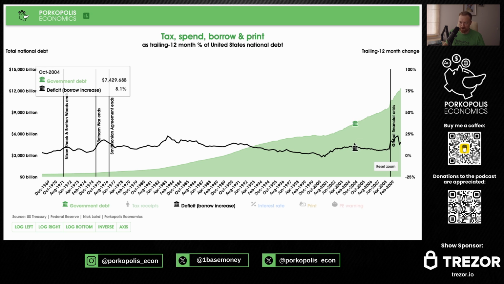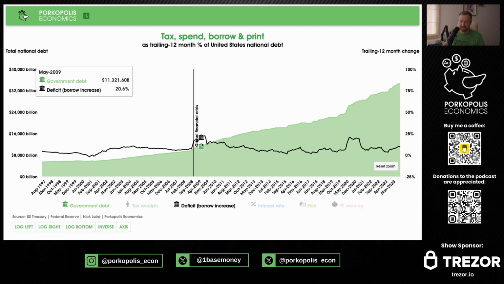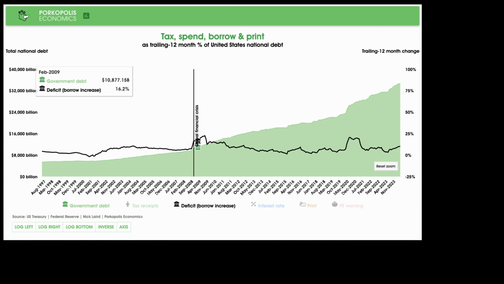9/11 happened, Iraq War. More deficit spending in that period was over. All right, so we still increased it in a smooth way. All right, but the clip was much faster. Back up to 7, 8, 9, 10% growth. Tried to level out again. Global financial crisis. More debt increase. Okay, so the debt increase here, the debt or borrow increase, which is simply a trailing 12 months of the deficit, as a percentage of the debt, increased 20%. Understand that. The debt at the time is only, let's just round numbers, say,